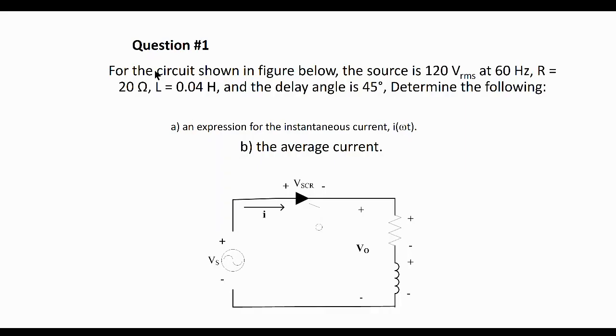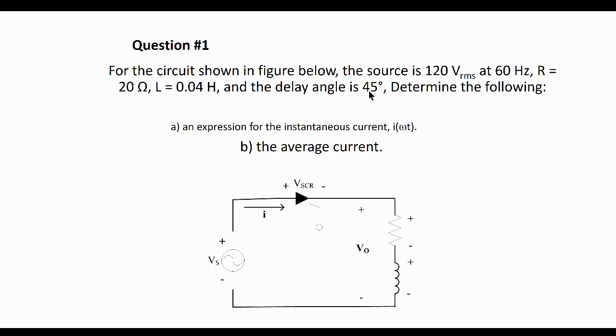All right, so we have here for the circuit shown below, a source voltage of 120 volts RMS at 60 hertz. The value of resistance is 20 ohms, and we have an inductor of inductance 0.04 Henry, and you're told that there's a delay angle